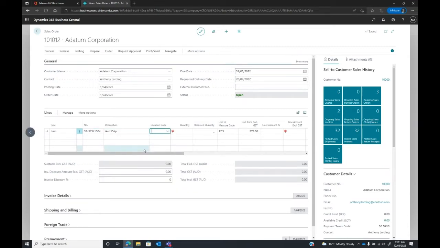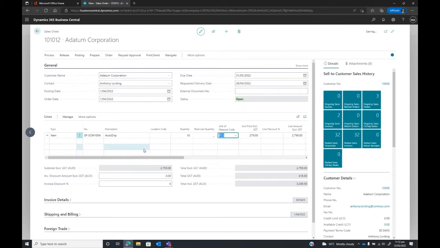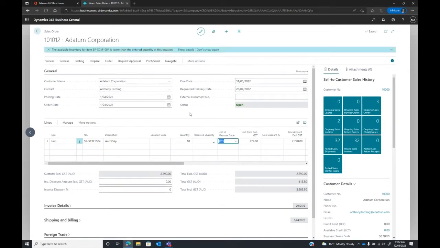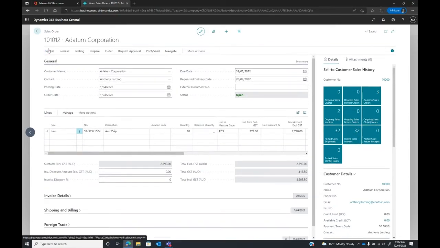We are processing today as a coffee machine manufacturer in our demo data, so it should be fairly easy for everyone to follow. If I come in here and enter the quantity of 10 against that particular item, I'm automatically alerted to the fact that I don't have that quantity available in this specific location. That's telling me that I'm creating a demand for an item that I don't currently have within stock. So once I've created that sales order, I can leave that sitting there as part of the demand for my